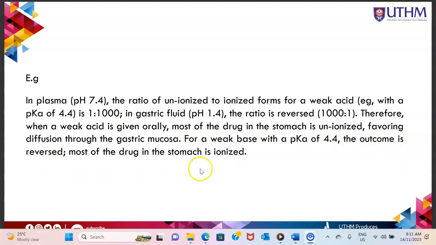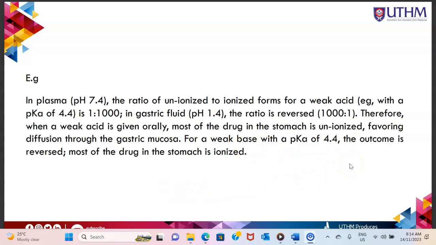Most of the drug in the stomach is ionized and nothing can be absorbed. Right. So to conclude, for weak acid in plasma versus in gastric fluid, the implication is